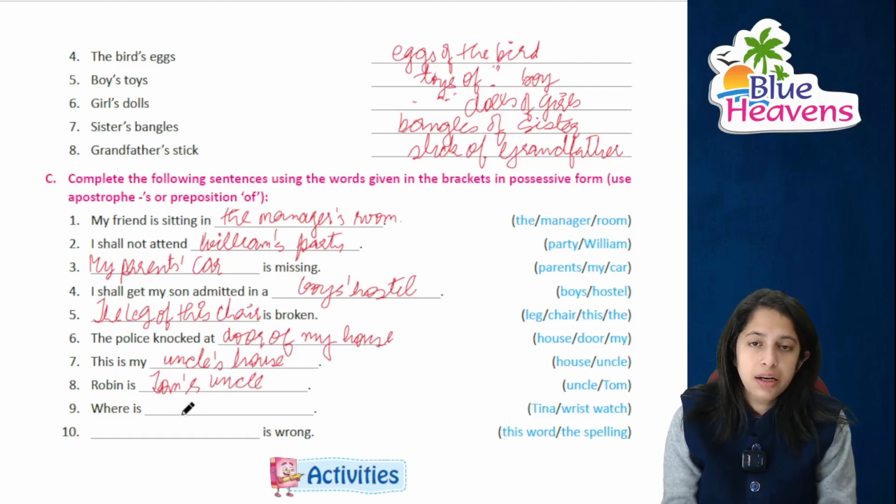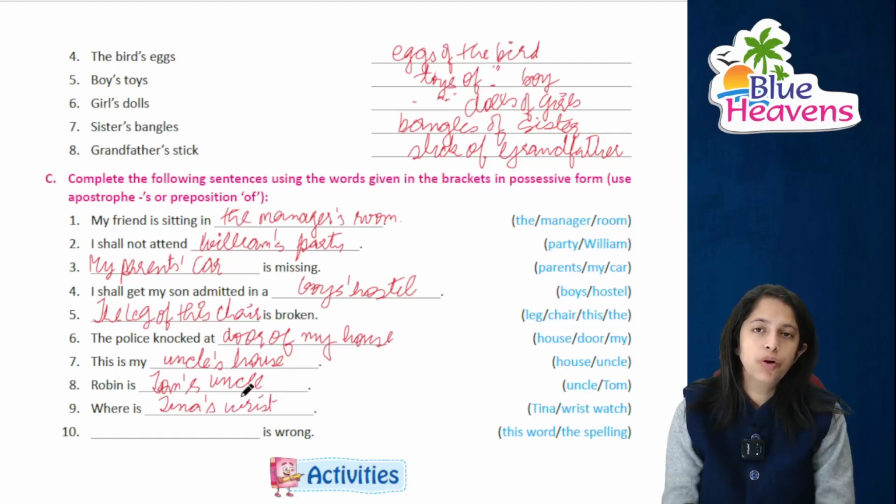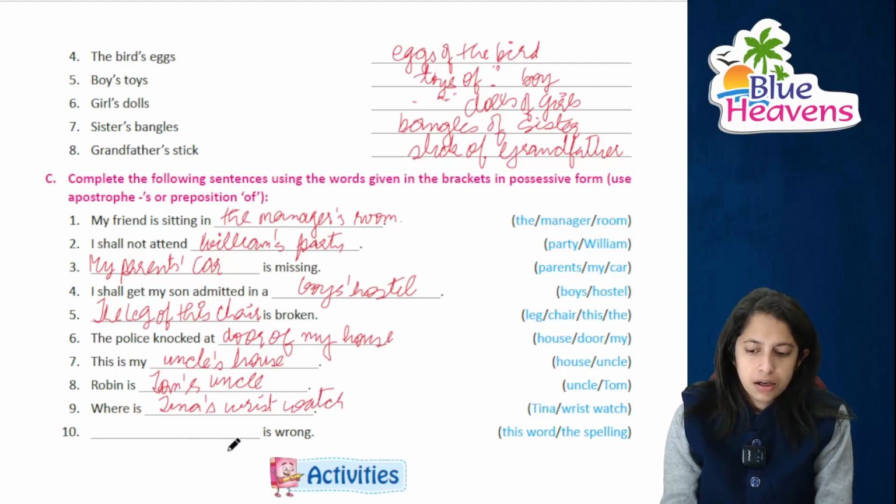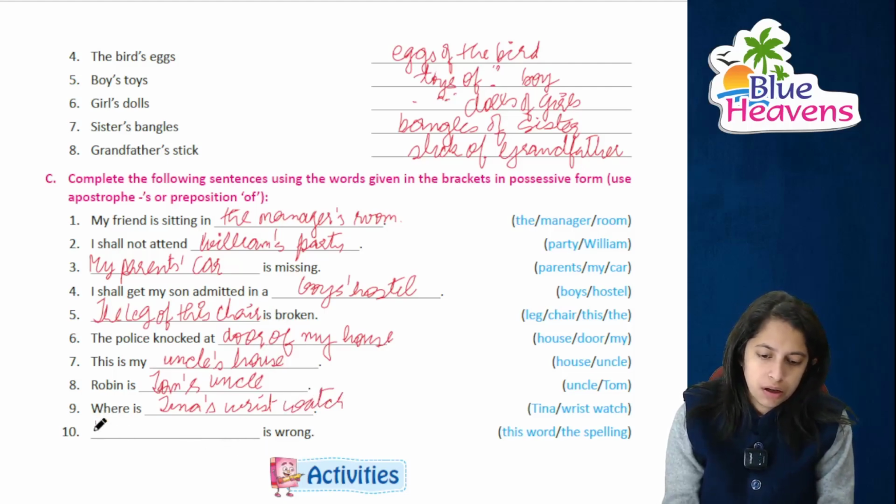Where is Tina's wrist watch? Again T capital आएगा. And what is a wrist watch? We all know, जो कलाई में बांधने वाली होती है. The spelling of this word, आप T capital रखेंगे again क्योंकि sentence start हो रहा है. The spelling of this word